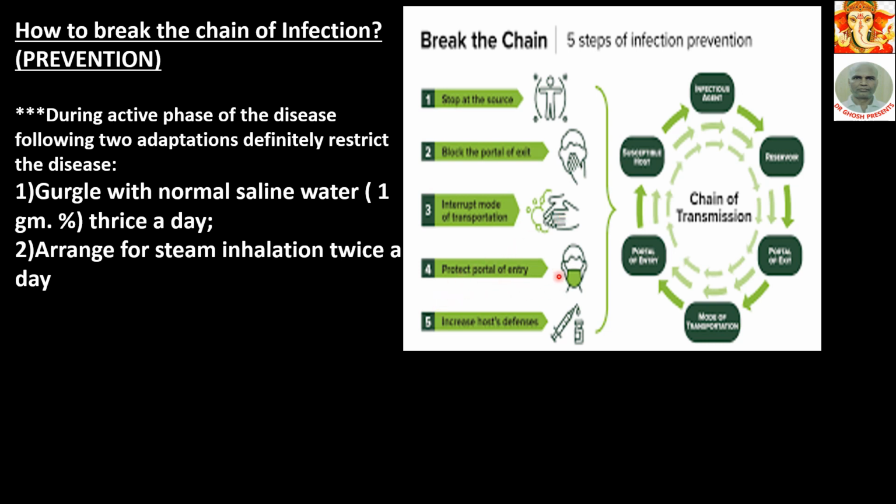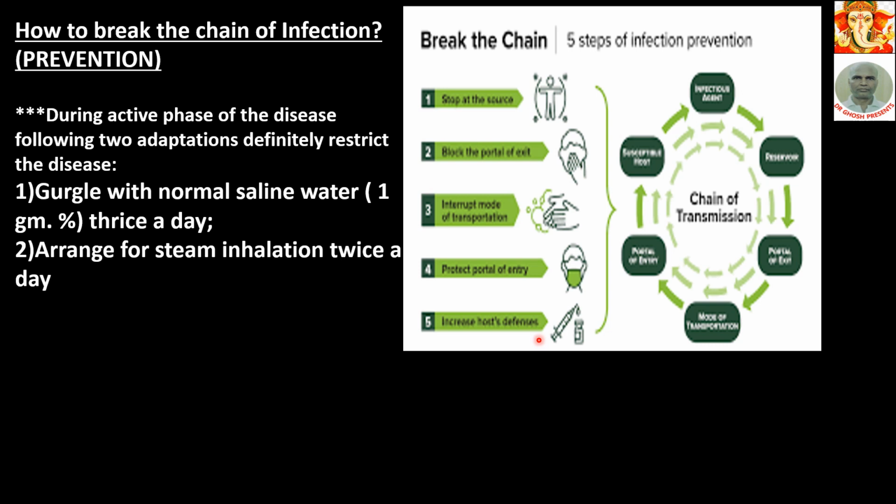Protect the portal of entry. That is, the healthy person will protect his mouth, the portal of entry, with some mask. Increased host defense is a fundamental thing of all disease. If you can increase the host defense of the person in general, the disease chain will break. But that is not always possible, because